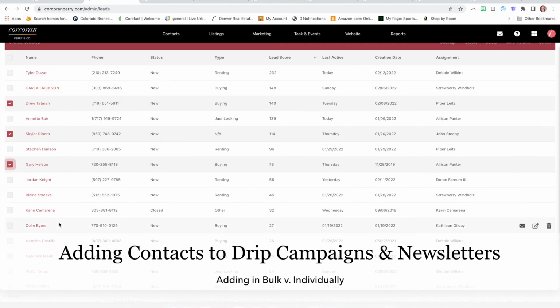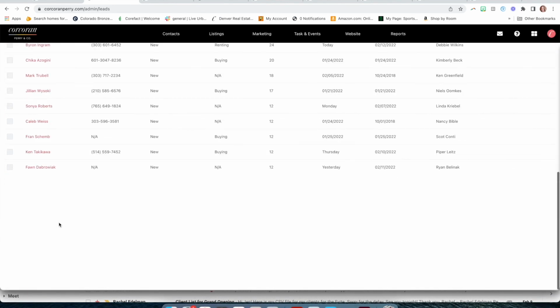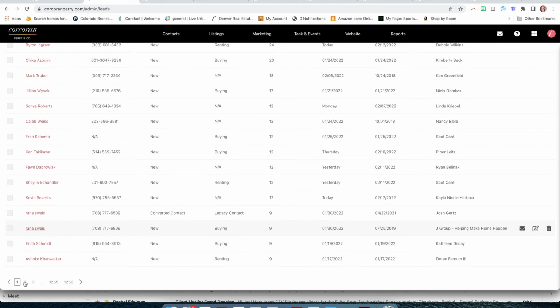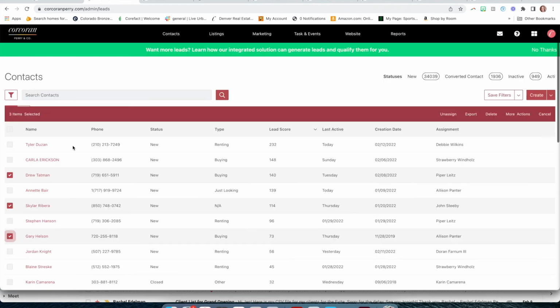One thing to keep in mind though is that if I choose a bunch of people on the first page and then I click over to page 2 to start checking boxes, it's going to delete everything from page 1. So you do have to do this page by page. So I would find everyone that I want to add from this page. And then over here under More Actions,